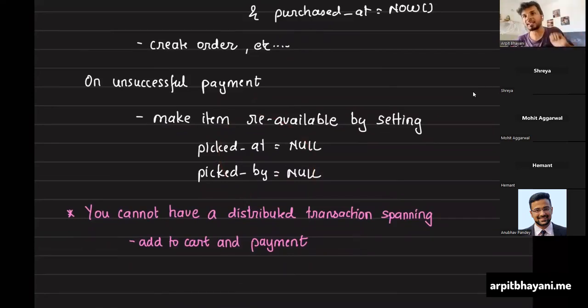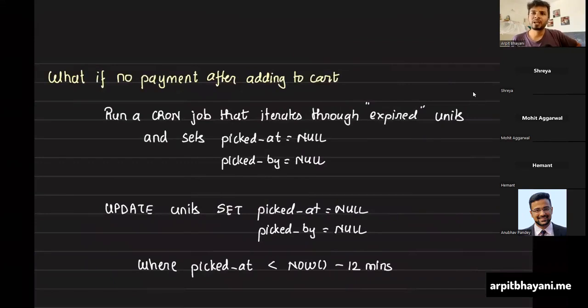Okay, now that is done. Now what is an edge case? Some random person just came here for fun, picked the phone up and just roaming around the store here and there and not making the payment and doing nothing. Equivalent to people adding to the cart and not doing anything with it. What would the shop owner do? Shop owner hires bouncers. That if you see someone who has the phone for more than 10 minutes in their hand and they did not make the payment, you snatch that phone and put them back on the shelf.